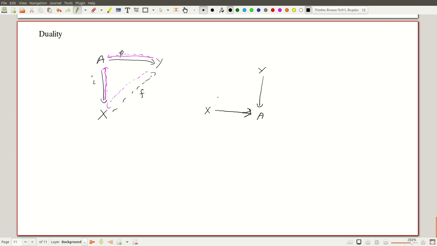So perhaps I should have, is that the correct direction? Let's exchange X and Y here. Let me just get rid of the little thing here and make this into an X. So far everything was fine, and now you have an unknown arrow which goes from Y to X. You see, this is a lifting problem.